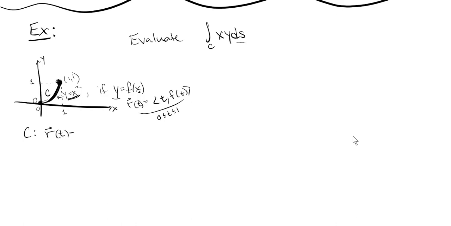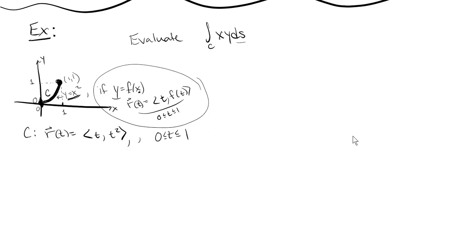So to be clear here, I'll just let my x value be t, and my y value is x squared. That's what this is saying. And this is valid from x equals 0 to x equals 1 to cover this whole curve. We know our x value is our t value. So now if we take the magnitude of the derivative here, that's our ds, remember we need that. That is the magnitude of 1 from the first component,